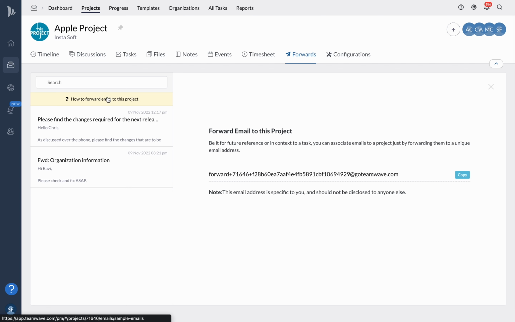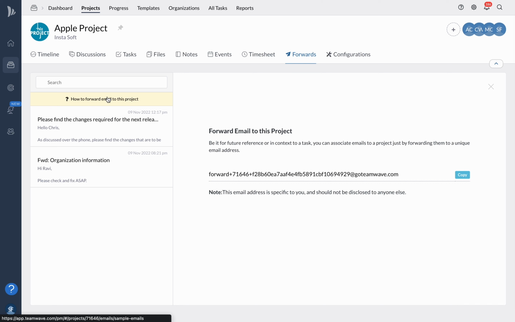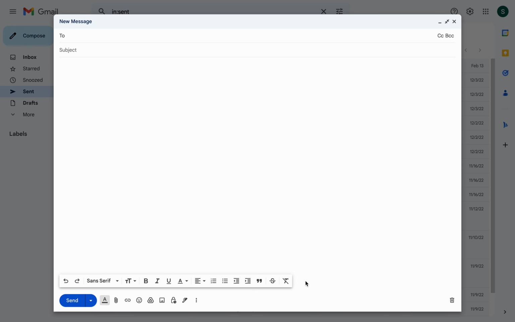To get started, head over to the Email Docs tab within your project and copy the project-specific Smart Email ID. This email address is unique for each project. Next, open your email client and start composing a new email. Paste the project-specific Smart Email address in the to box,